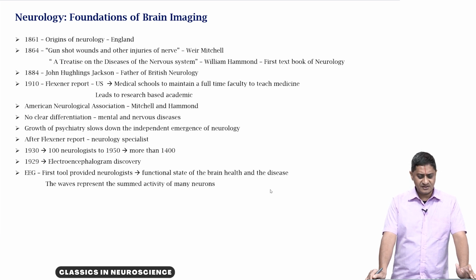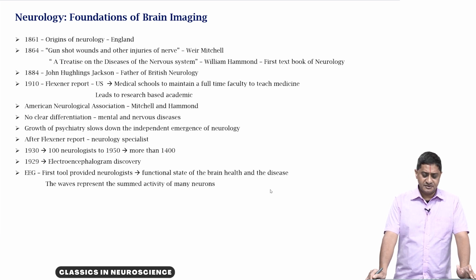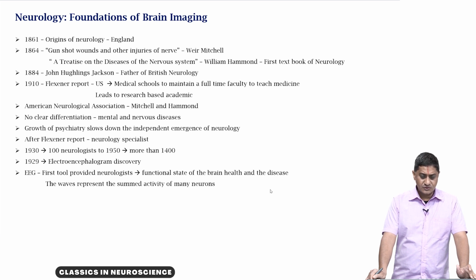In the 1930s, there were as few as 100 neurologists in the United States, but this number grew to more than 1,400 in 1950. What changed? In 1929 there was the arrival of EEG, which was discovered by Hans Berger in Germany. This led to the development of neurology as its own specialization, and this tool was able to provide information to the neurologists